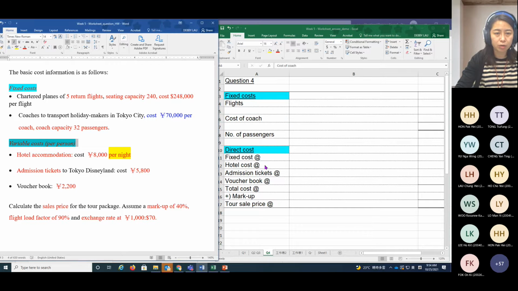Okay, there are two categories. One is fixed cost and the other is direct cost, or calculated as variable cost. So for the flight,